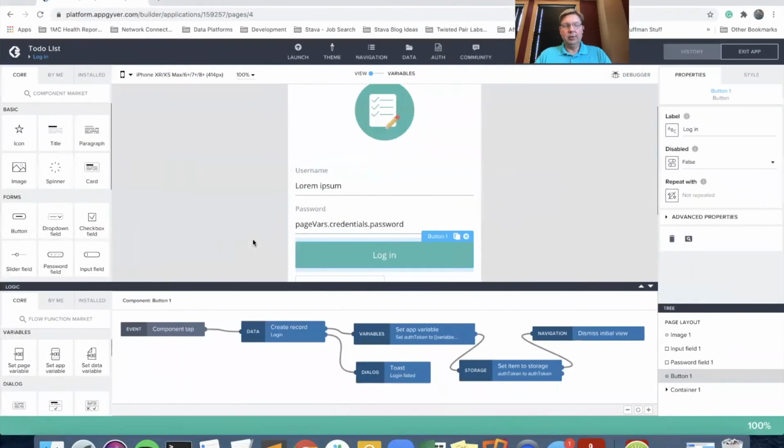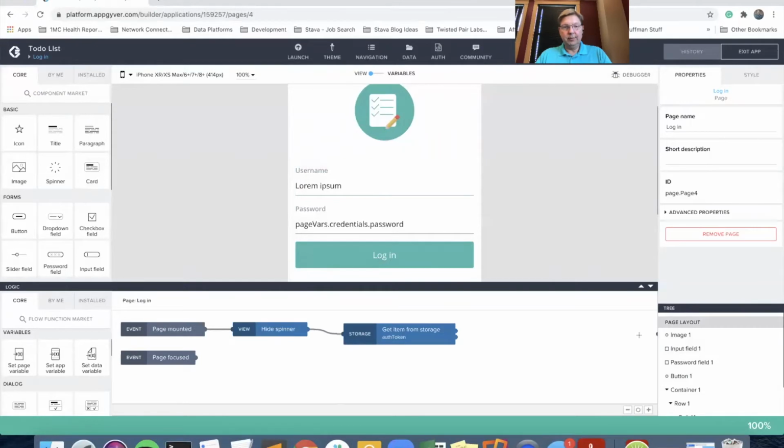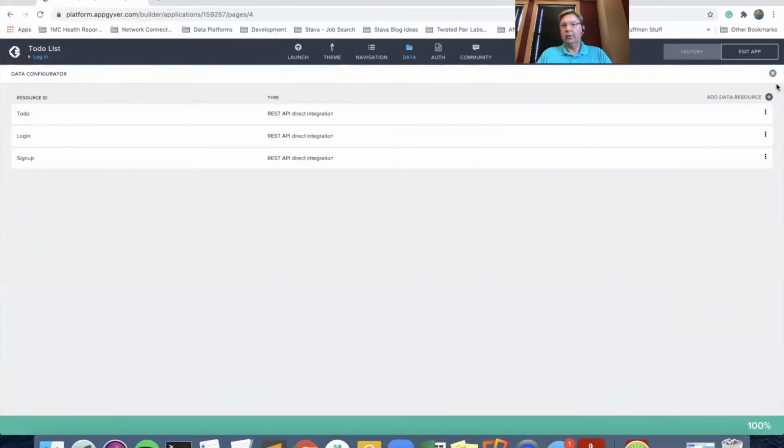And what we are going to do is string all this together and see if it works. So in the login, we're doing the login, we're setting the app variable and the item to local storage, and then dismissing the login and showing the initial screen. And then additionally, when the page is mounted, before anything else can happen and before we can click on login or enter data values, it is going to get the item, the auth token, from storage. And now we need to go back to our data resources, and we need to add in a new data resource